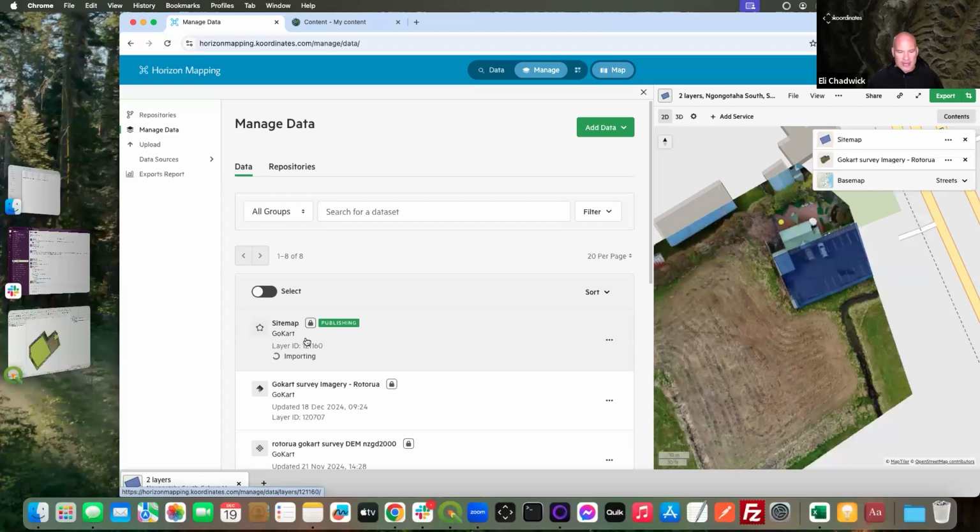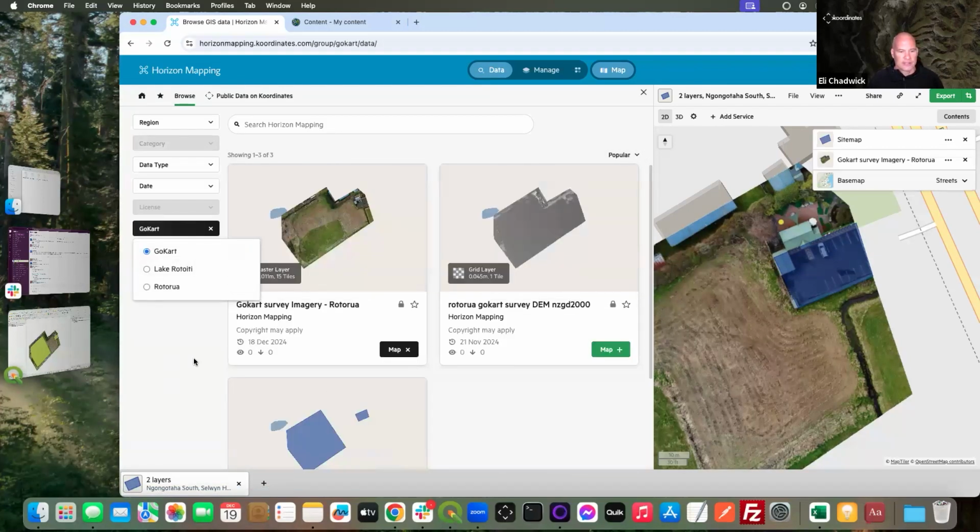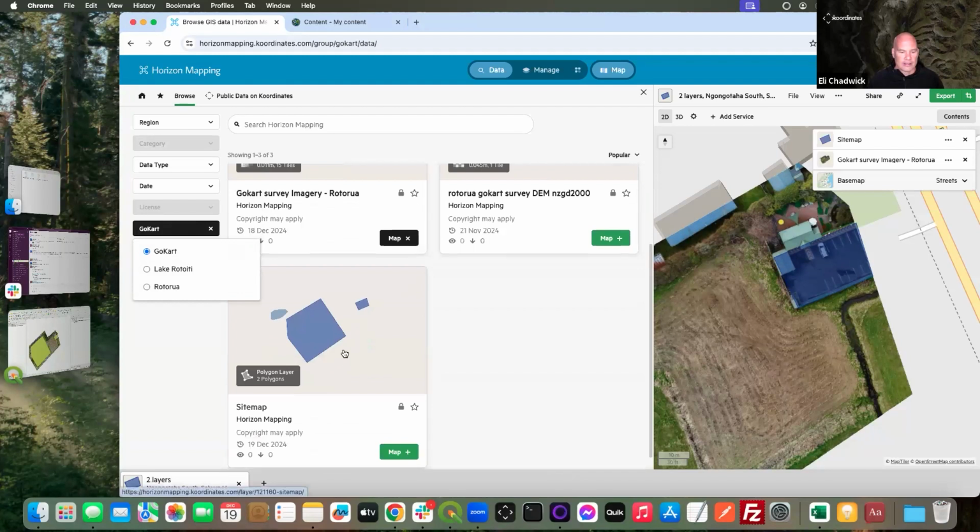So there is a bit of a timing lag. It does do things sequentially. We do have ways of resolving conflicts, but essentially that needs to get republished. So while that is republishing, if I go back into here, filter by group, go into go-kart, open up the